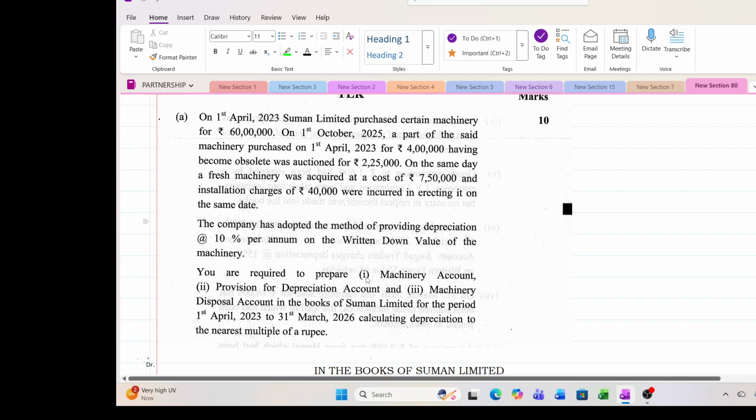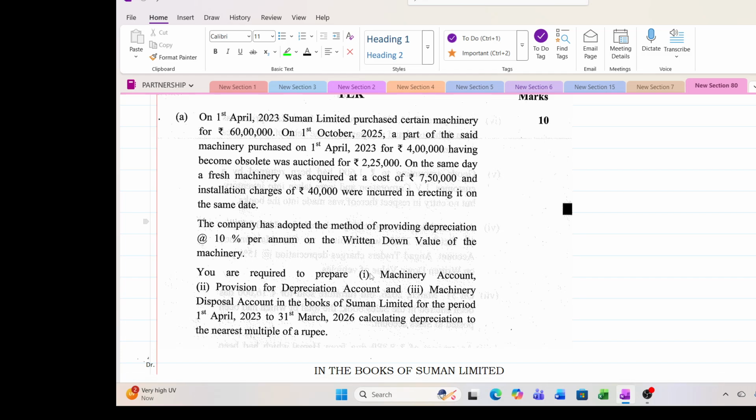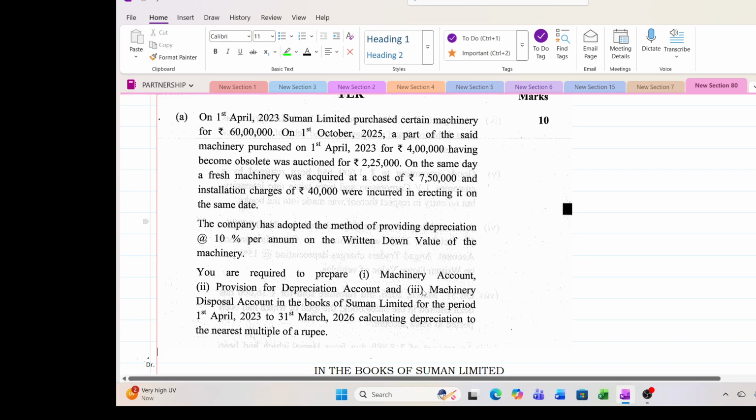They have asked you to prepare machinery account, provision for depreciation, and machinery disposal account as on 31st March 2026. On going through the sum, we came to know that we have to prepare machinery account, provision for depreciation, and machinery disposal account. Immediately, when there is a provision for depreciation and disposal account, it should come to your mind